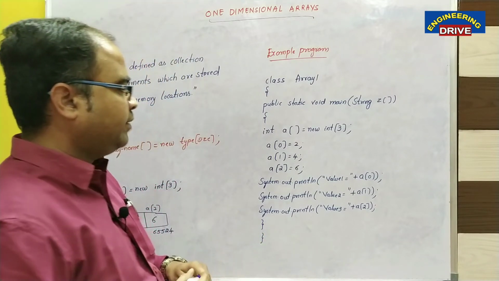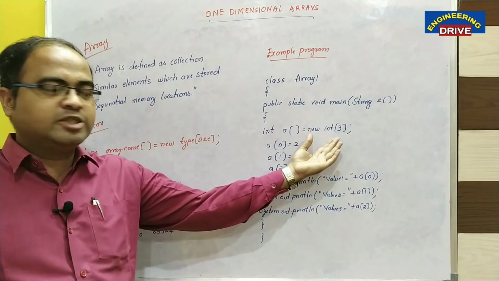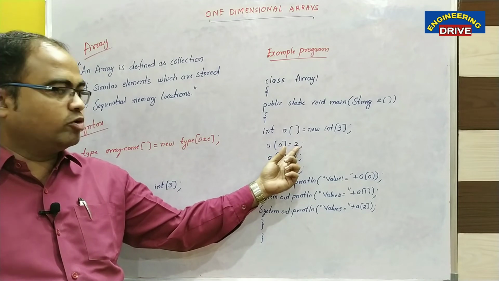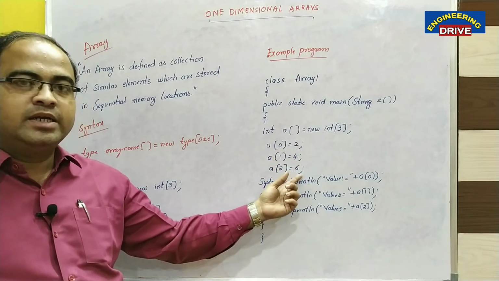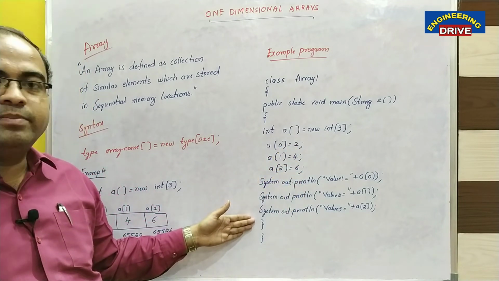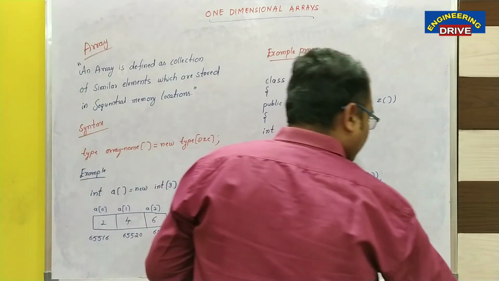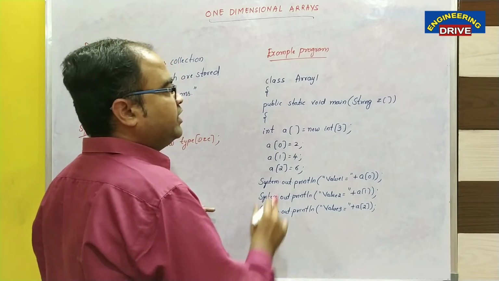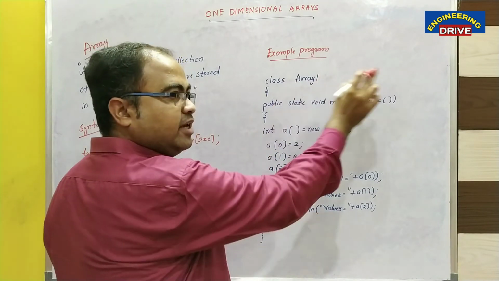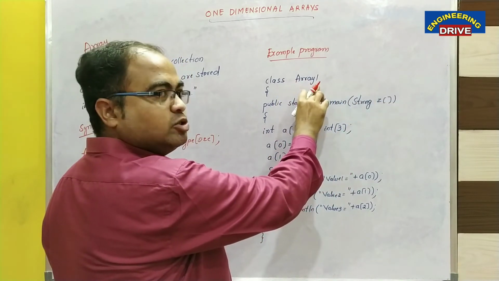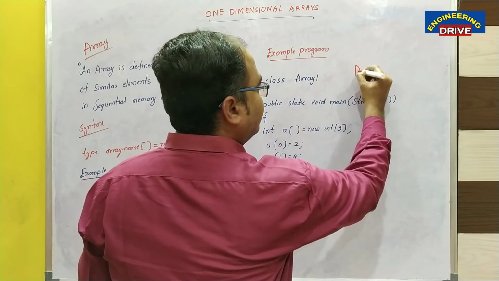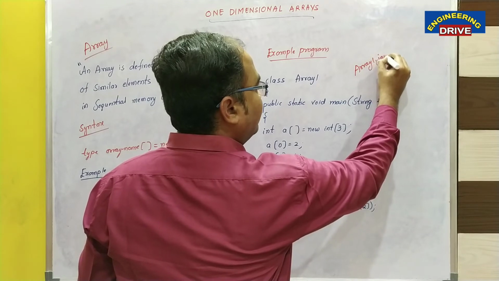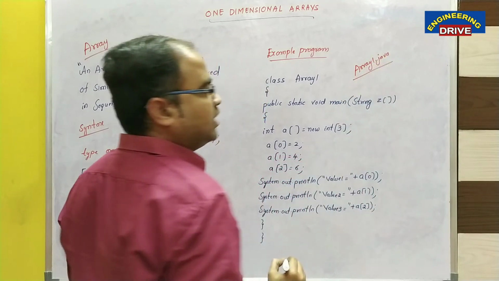Now you know what happened. In this program we have created an array of size 3. For the first element we have given the value 2, second 4 and third one 6. So those 3 element values I am displaying as the output. After typing this program, we need to save it. How do we save it? You need to save your Java program with the same name as your class name. So I will save my Java program as array1.java. So this is our Java program.